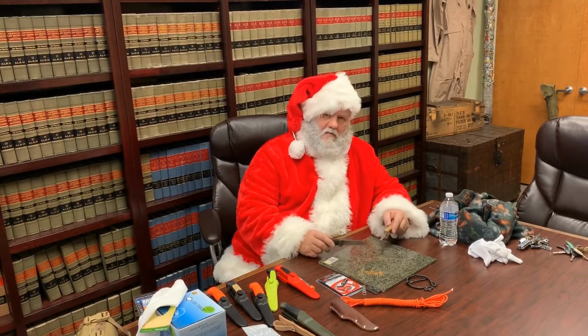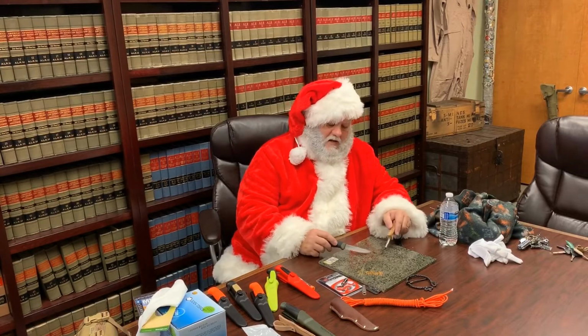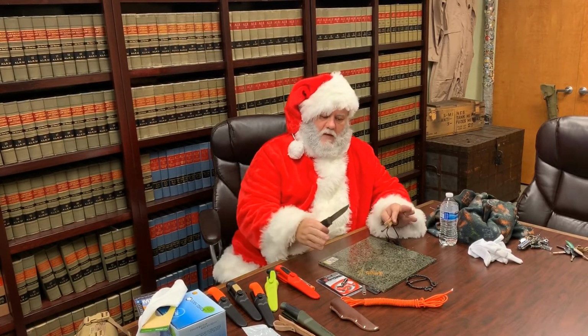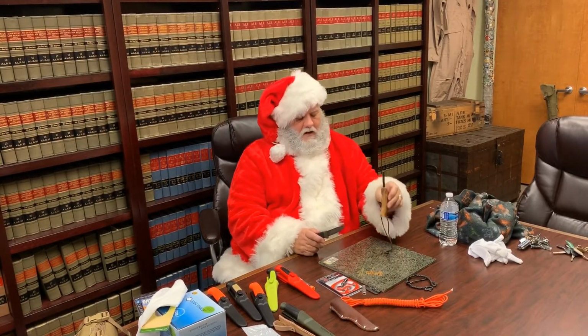If I had my other tinder ready, or if I simply scraped up more of that, maybe 6 inches of it, and created a little nest, another way to start a fire that I have with me at all times, another reason that this survival cord is great, and yet another reason to have your FatBoy Fatwood Ferrocerium rod